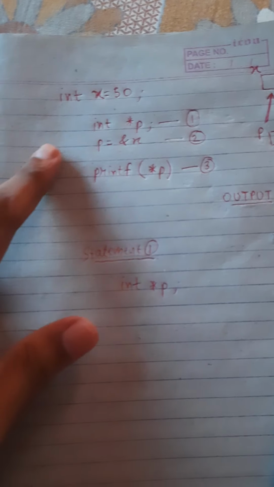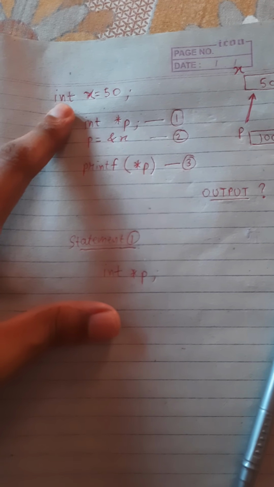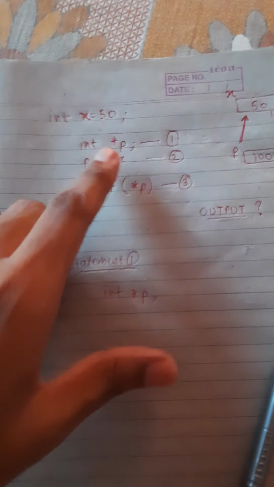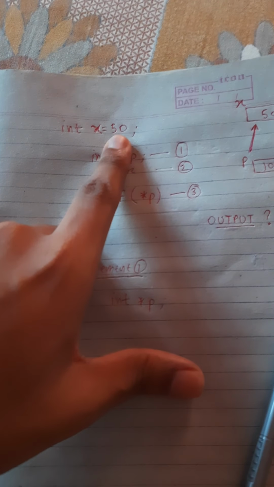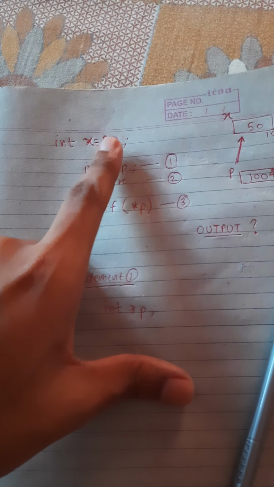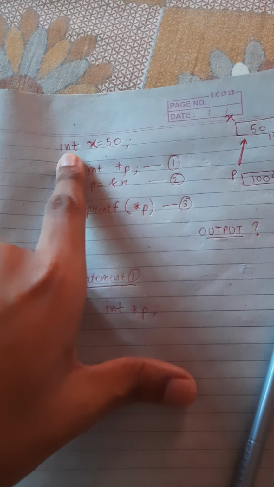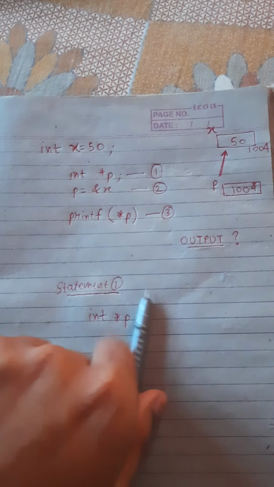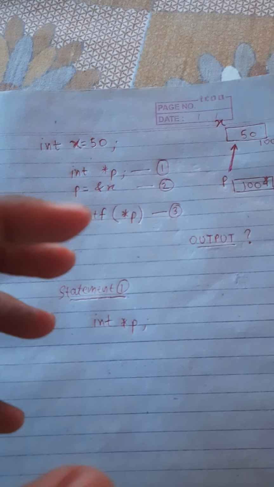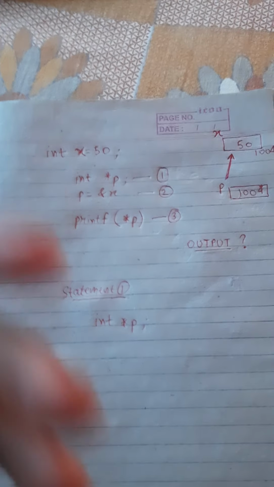So how can we do that? We can do that with the help of this int, which is known as a basic data type. Suppose instead of 50 I had 50.5 or 50.78, a decimal point number. In that case the data type would have been float or double, according to the value. In the case of pointers there is a simple twist, as you can imagine.